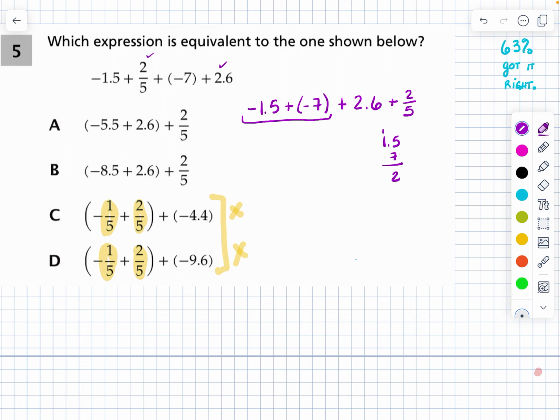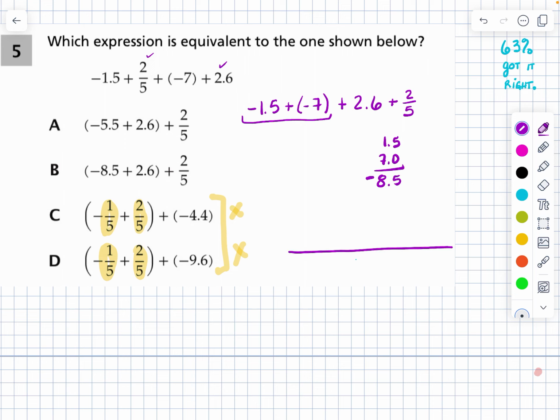Oh, I did that totally wrong. Hey, it's good you're seeing me make a mistake. The 7's a whole number. So 1.5 plus 7 is going to be right here. Add those together and we get 8.5. But they're both negative, so I know this is going to be negative. You may not see it this way, and that is totally fine. There's another way to do it,